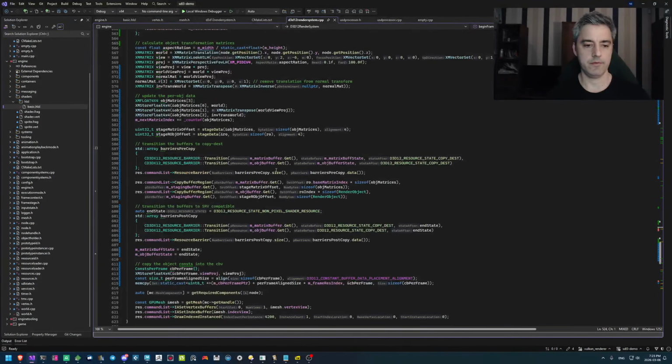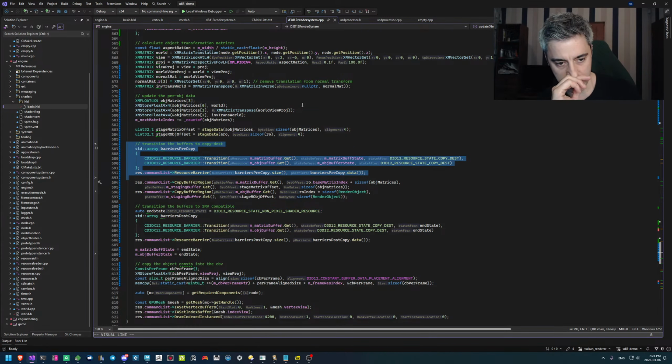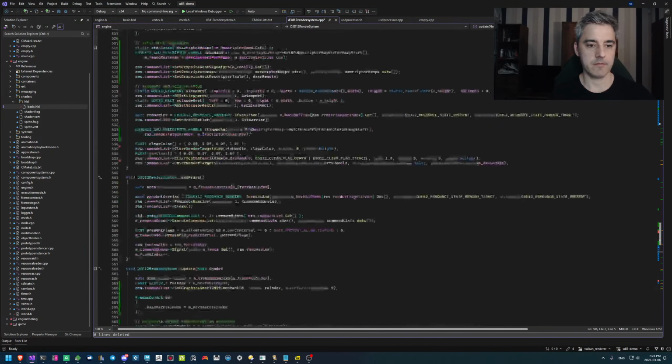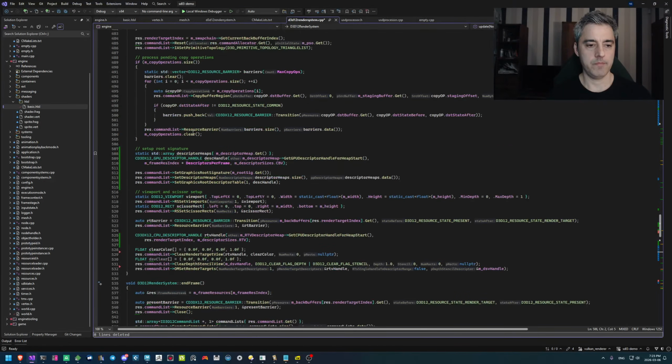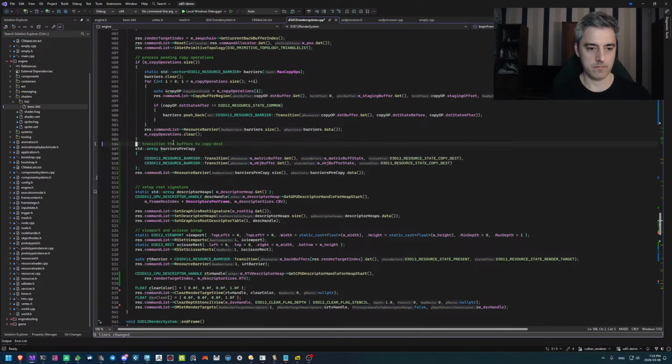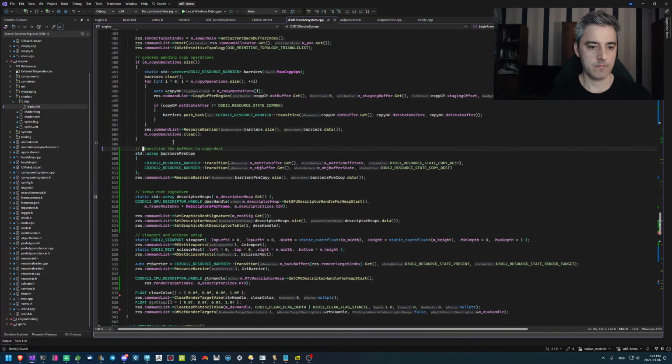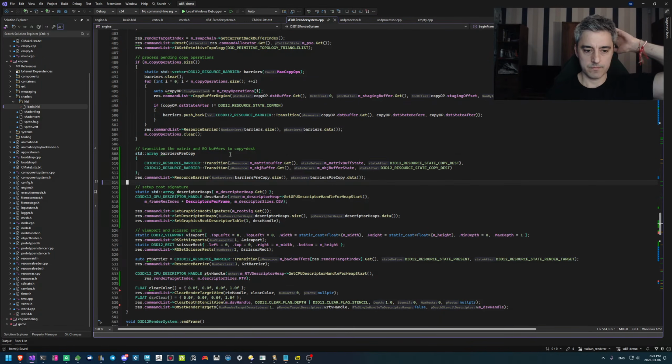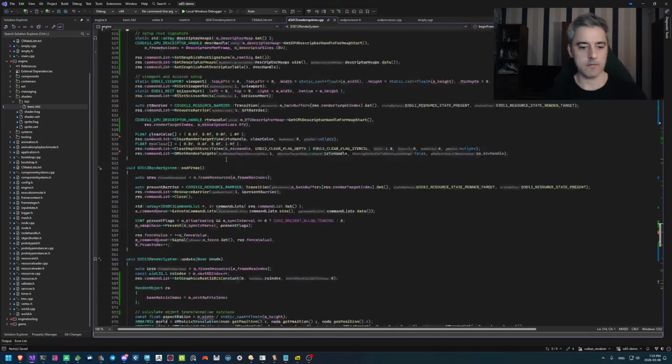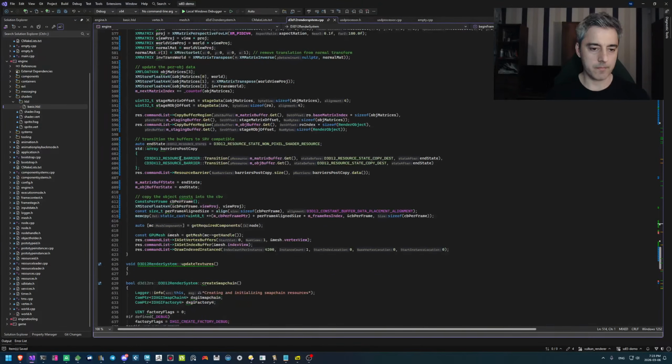I should be able to do this once. I don't need to do this every time. That's stupid. I need to do this transition. Why am I doing that every time? That's so dumb. This needs to happen before the matrix and RO buffers to copy destination. And then at the end of the frame,